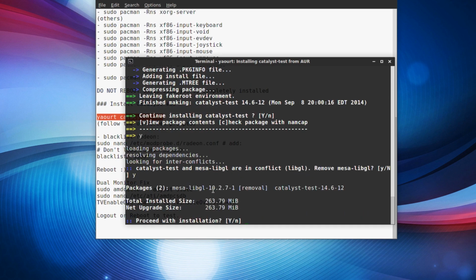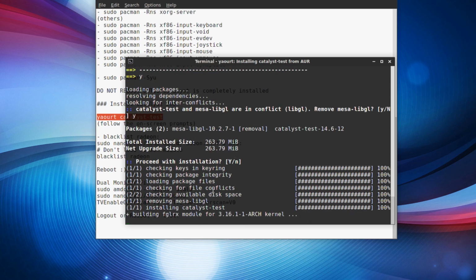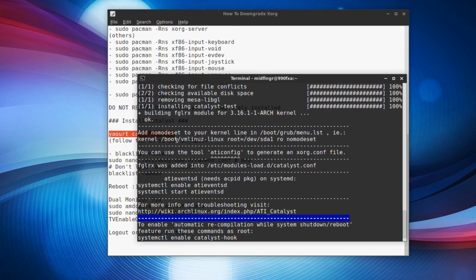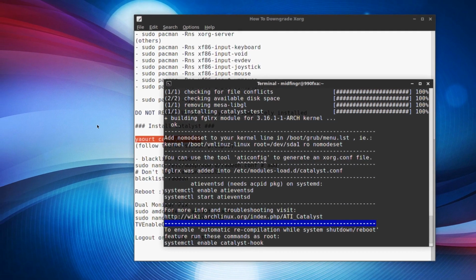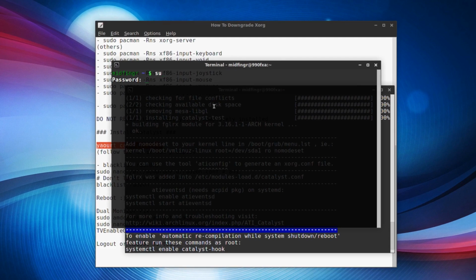There's only one. Okay, and proceed with the installation, and it will give you other instructions on screen. So I would suggest opening another terminal and logging in as super user. So here we have at the top, add nomodeset to the kernel line in your grub. So let's open another terminal and do a super user, and we're just going to leafpad /etc/default/grub,